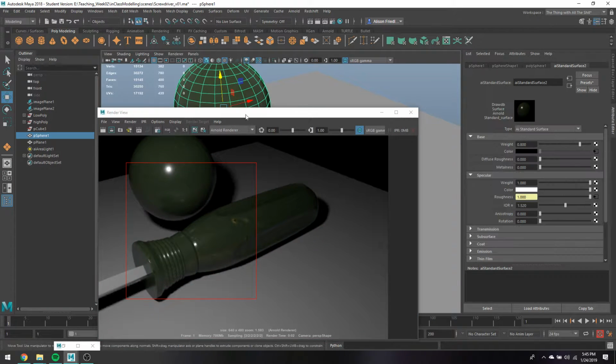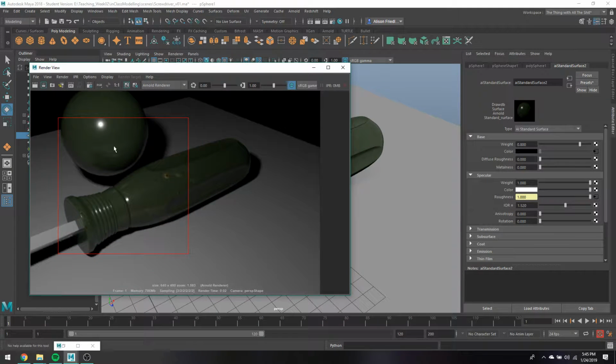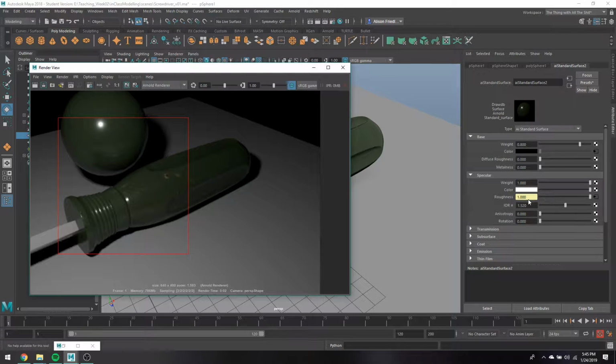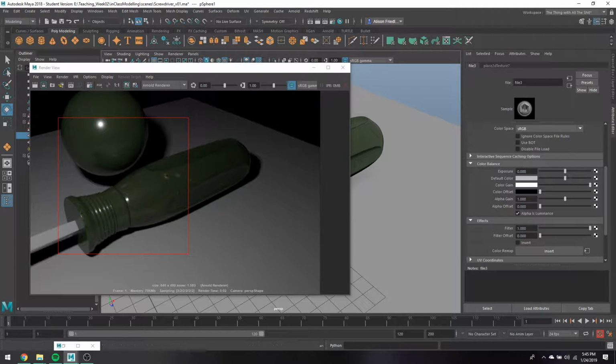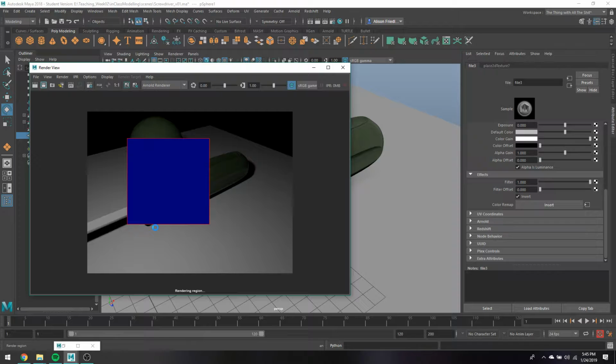So let me rotate this sphere around just so you have this rust patch in the front. In this case, what I was expecting for this paint color is probably for the whole thing to not be insanely shiny and maybe just to have certain areas shiny. So I'm just going to click back into my roughness to access the settings for the file. And again, down under effects, there's this little checkbox for invert. If I click on that and re-render this region,